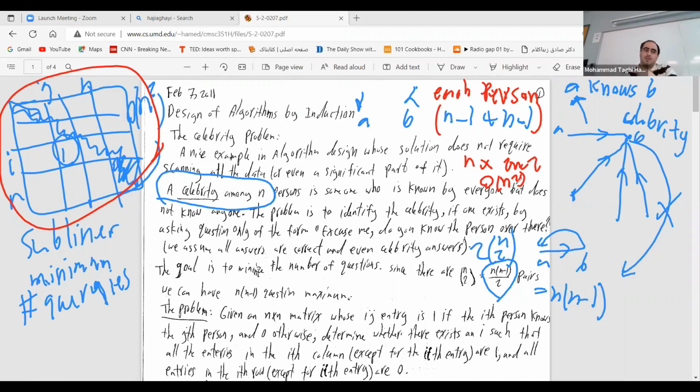Let me give you some hint. This is exactly the type of thing that in the interview, you will say that, okay, n square, I can do that. Okay, can we do anything better? The question is this one. Consider one question. When we ask one question, what information do we get out of this?